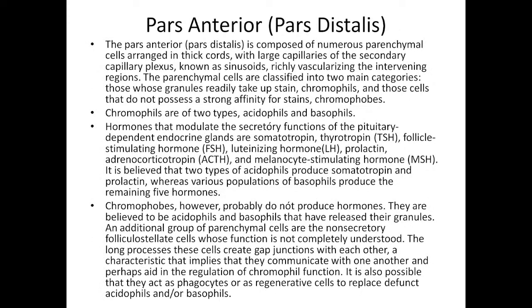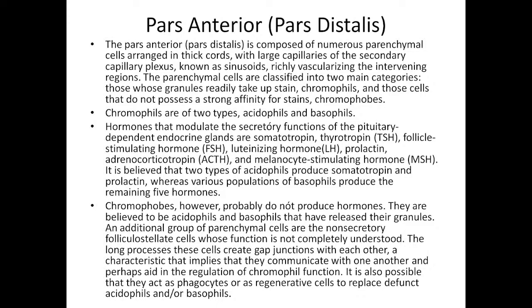Pars anterior, pars distalis. The pars anterior pars distalis is composed of numerous parenchymal cells arranged in thick cords, with large capillaries of the secondary capillary plexus, known as sinusoids, richly vascularizing the intervening regions. The parenchymal cells are classified into two main categories: those whose granules readily take up stain, chromophils, and those cells that don't possess a strong affinity to stain,